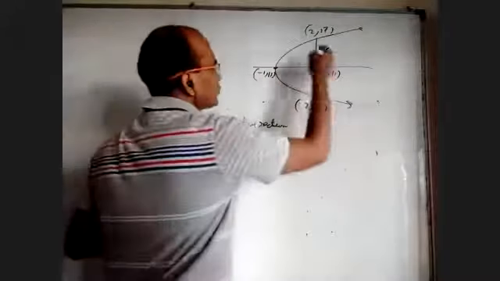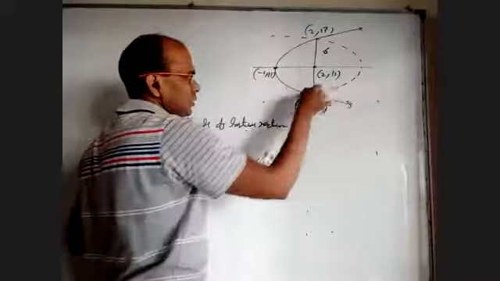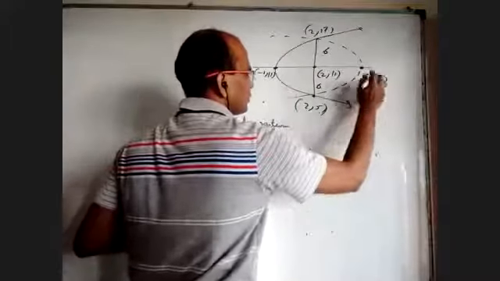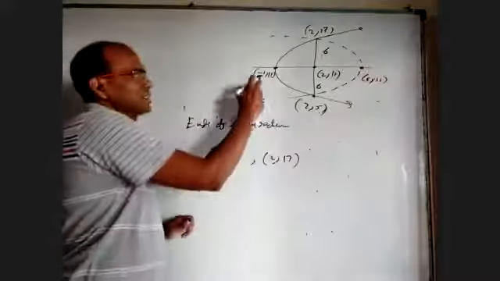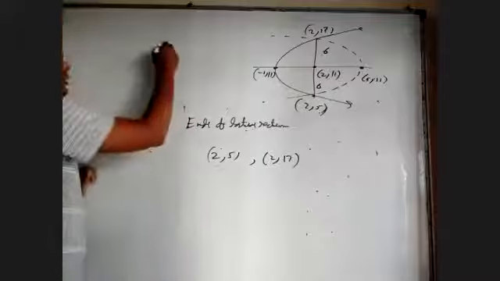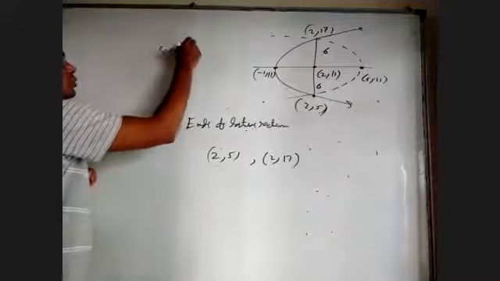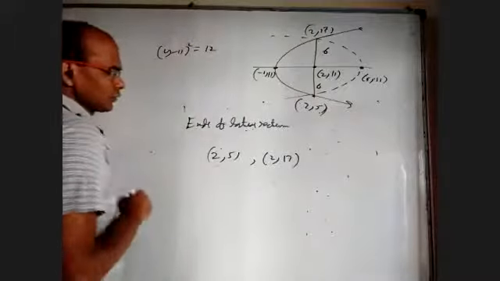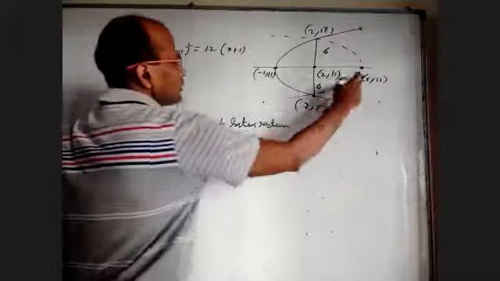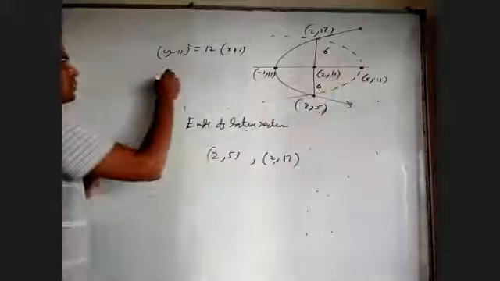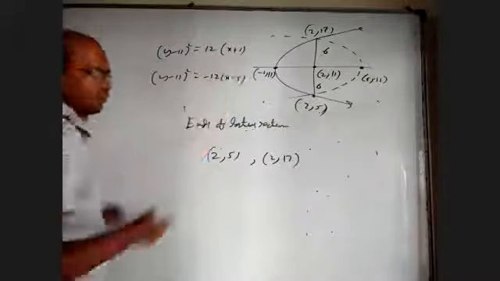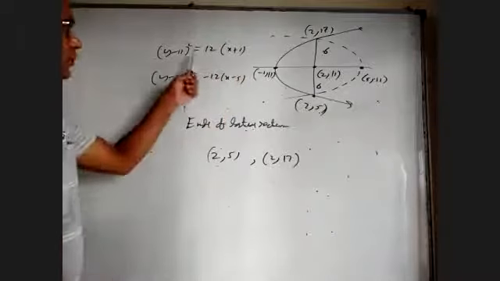If I go 3 units forward, there can be a parabola like this, which is (5, 11). If I take this parabola, which is opening towards the right, then it will be (y - 11)² = 12(x + 1). And this parabola is opening towards left, so (y - 11)² = -12(x - 5). Are my answers correct?